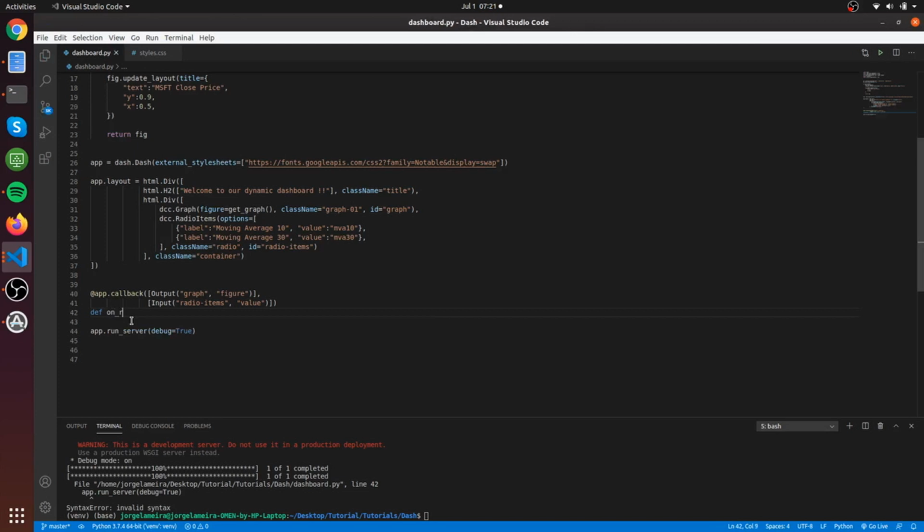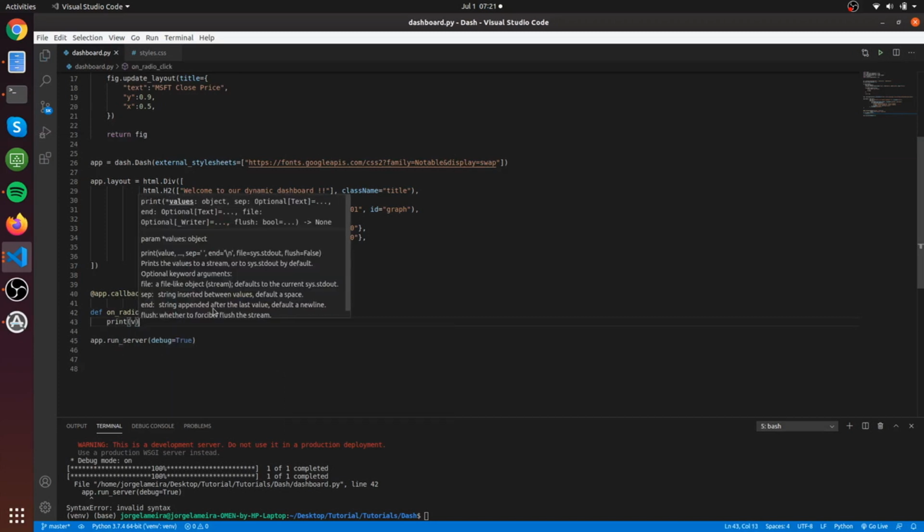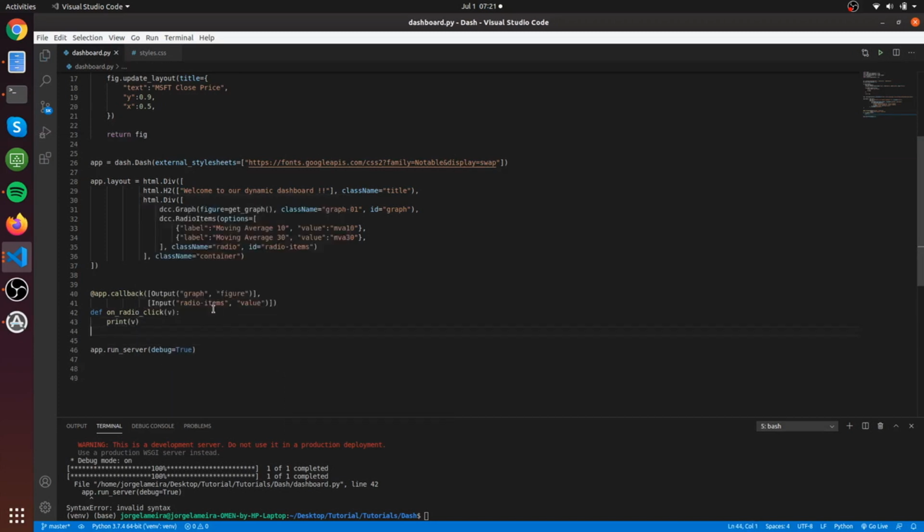So let's create a function after the callback, and let's say on radio click or something, and let's take a value here. Let's call it v, and this v is going to come from this input value, okay? So if we print v, and we have to always return something, so let's return an empty list for now,